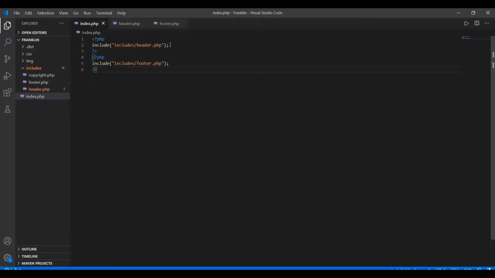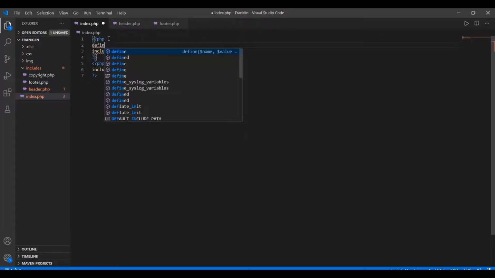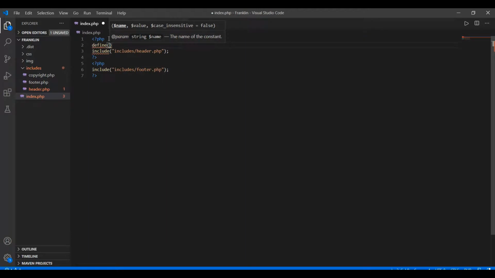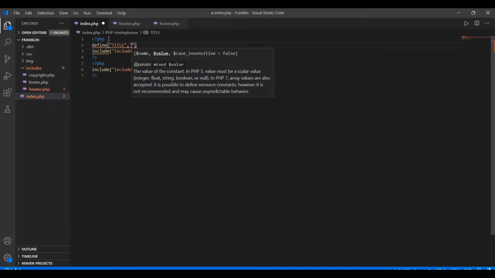Save your changes, then move to your index file, and here we are going to define the title for this page. I'm adding one more line, defining a variable using the define function, and using a comma, here I have to give the value to this. So I'm adding here home